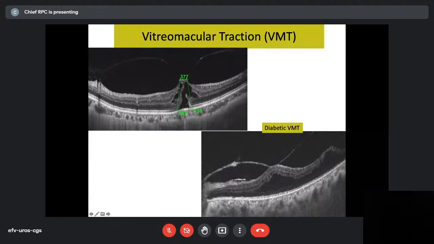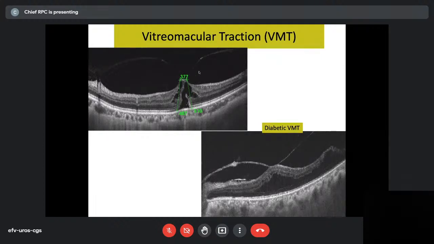This is the normal sequence of events in hole formation. The VMA occurs first, which is very mild, and it's actually the vitreous which is pulled up, but not at the fovea. It's attached at the fovea, but it's a very gentle pull. The tip may be maintained. So VMA, vitreomacular adhesion, is not to be touched. But when you go to VMT, which is a severe form of VMA, then you may have to intervene because